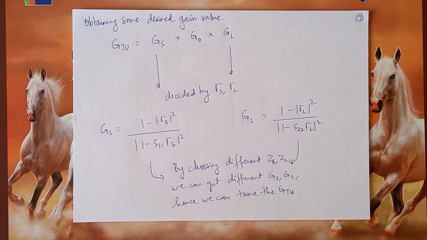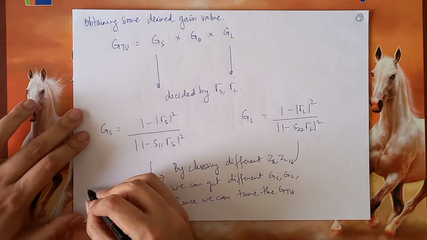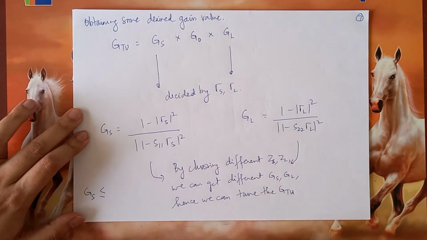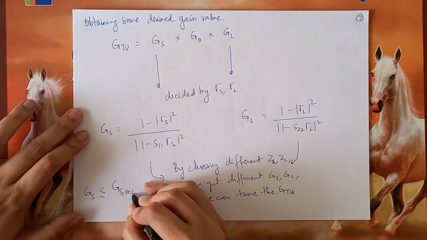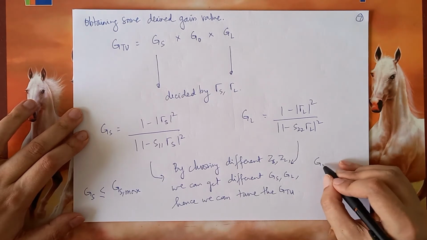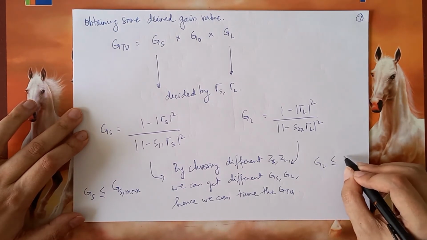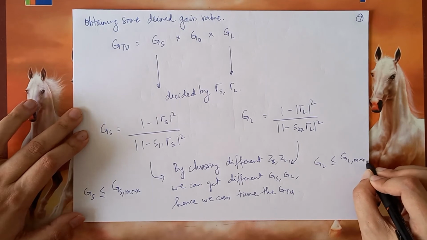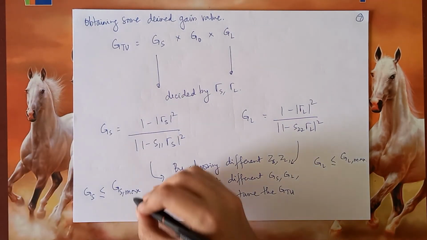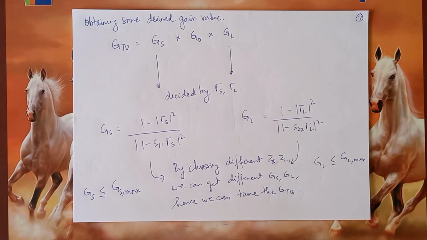Generally, the upper bound of GS and GL is there. So obviously we can get GS below the GS max. Likewise, GL we can get less than or equal to the GL max. So since GS max and GL max are the maximum possible gains contributed by the source side and the load side,